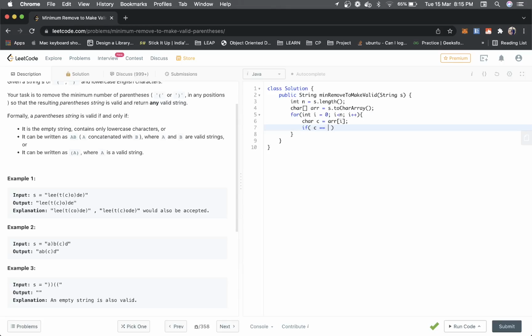If current is equal to opening parenthesis, also we have to create a count variable. If we have an opening parenthesis, we increase count by 1.